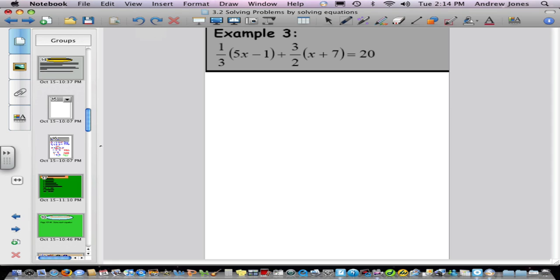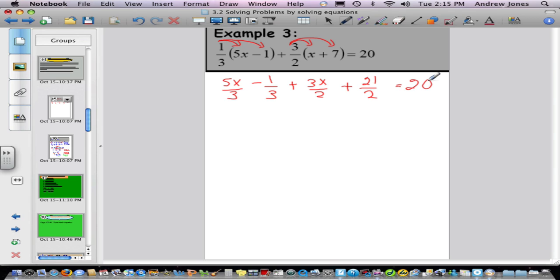1/3 times everything inside the brackets. 1/3 times 5x would be 5x over 3. 1/3 times a -1 would be -1 over 3. The same way, 3 over 2 times everything inside the brackets. Positive 3 over 2 times x would be 3x over 2. 3 over 2 times 7 would be plus 21 over 2